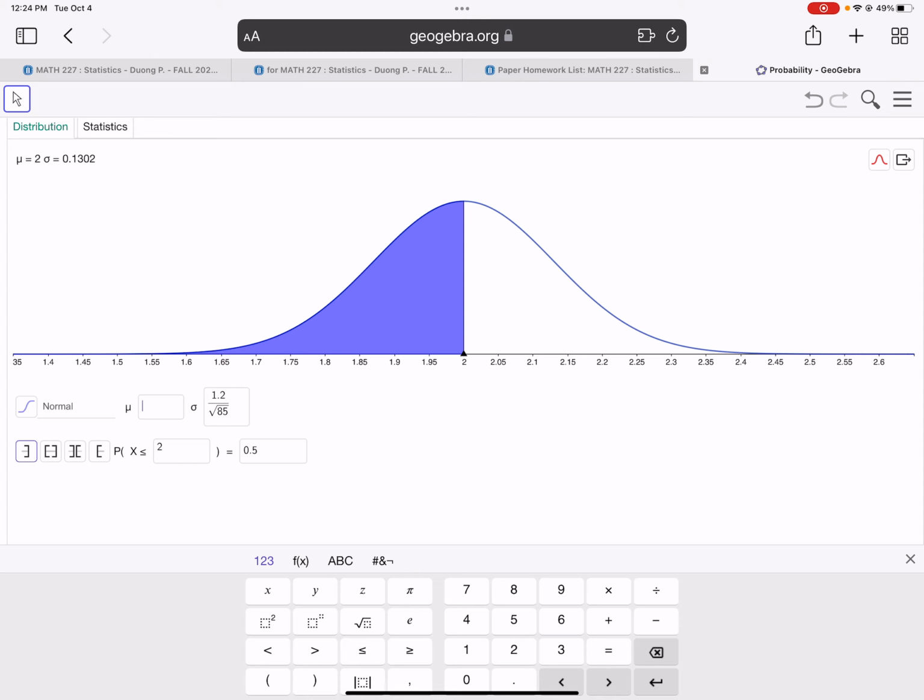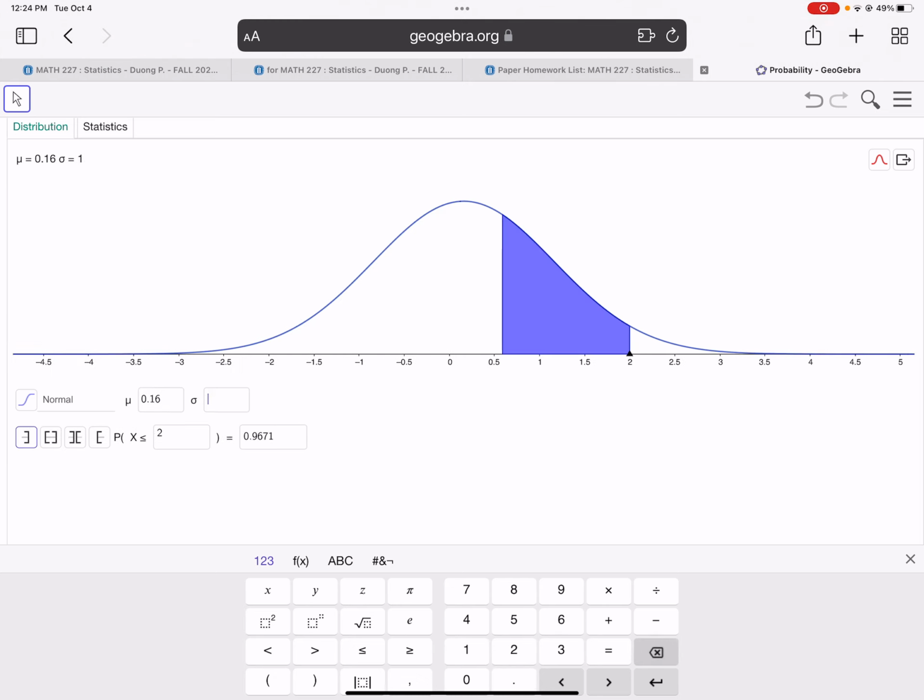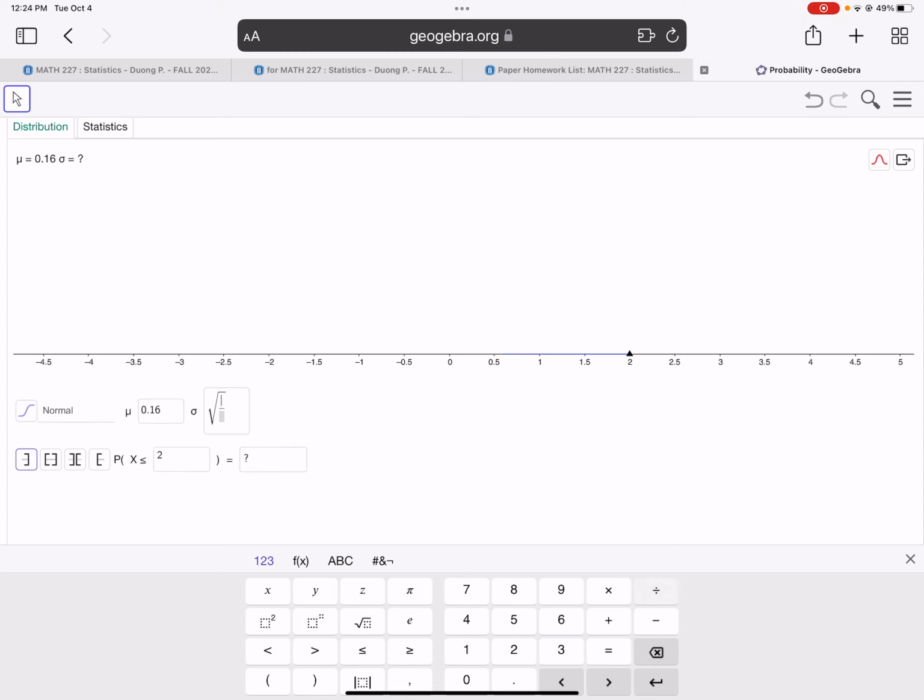So mu is p, which is 0.16, and then sigma is the square root, and then I do the divide. On the top we do p, which is 0.16,